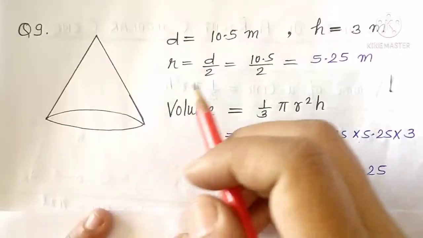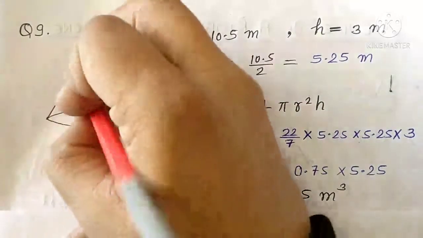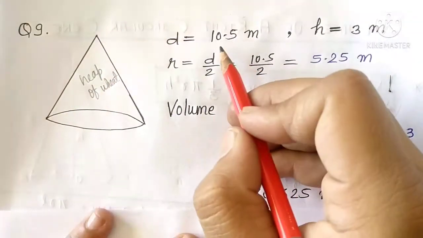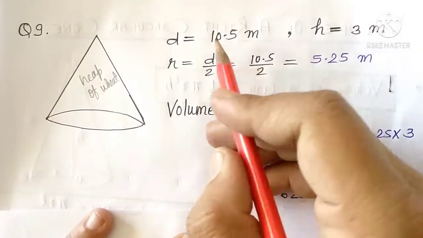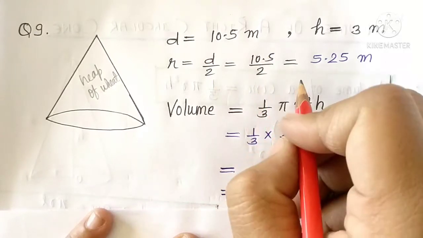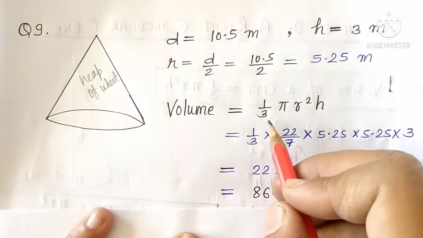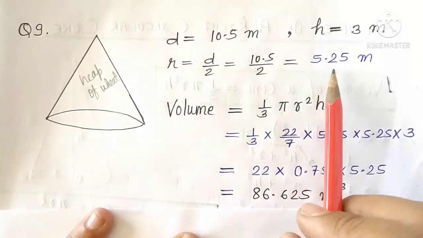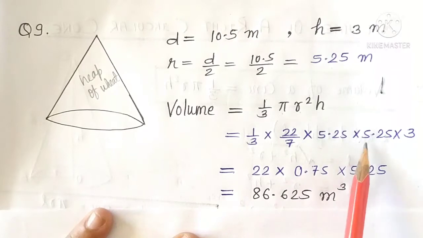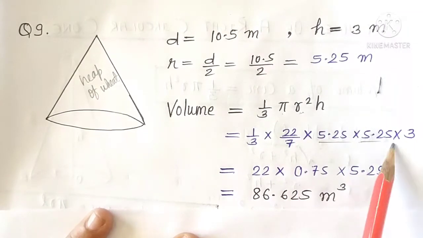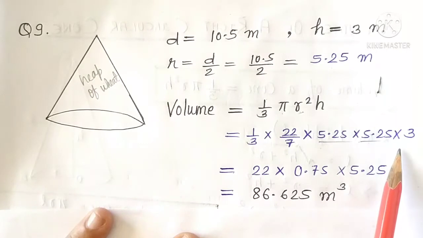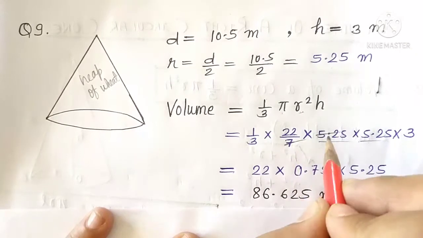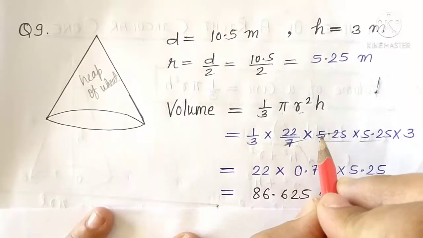Okay, so here I have drawn that heap of wheat in the form of a cone, where the diameter is given as 10.5 and the height is given as 3 meters, so our radius comes to 10.5 divided by 2, that is 5.25 meter. Now the volume formula is 1 upon 3 pi r square h. 1 upon 3, 22 upon 7, that is the value of pi. The r value is 5.25, so 5.25 multiplied by 5.25 because of r square. H is 3 meters, already given, so we have written 3 meter. Now when we cut this, what will come? Just check. 7, can we cut 5.25 or not? Just check here.